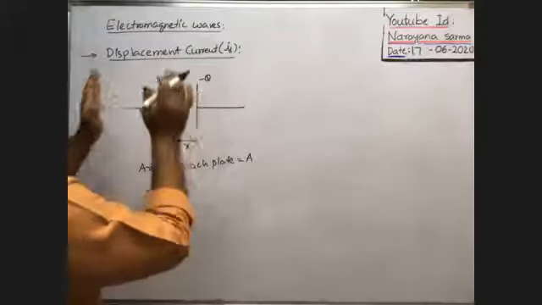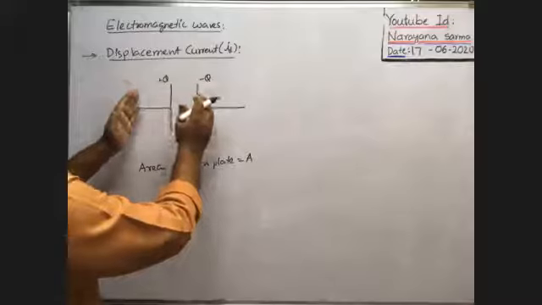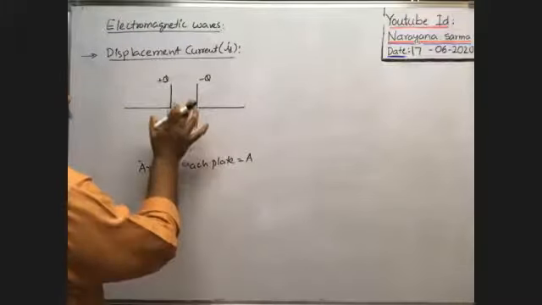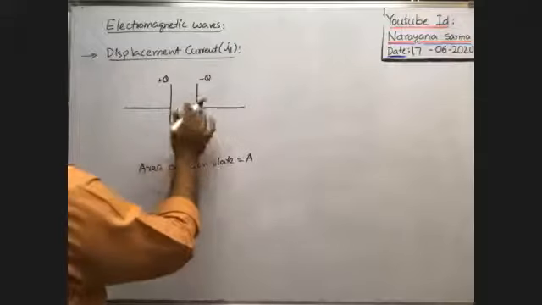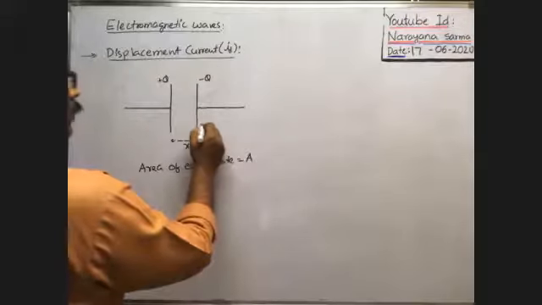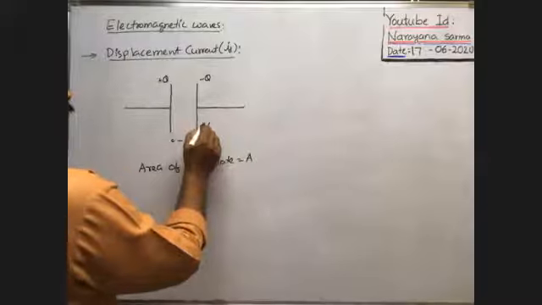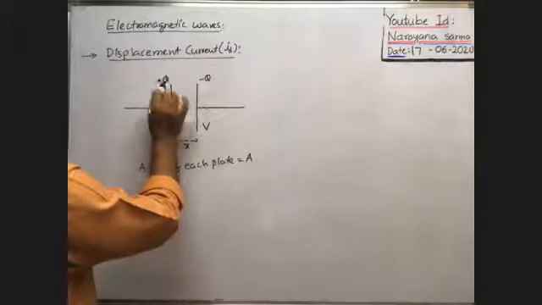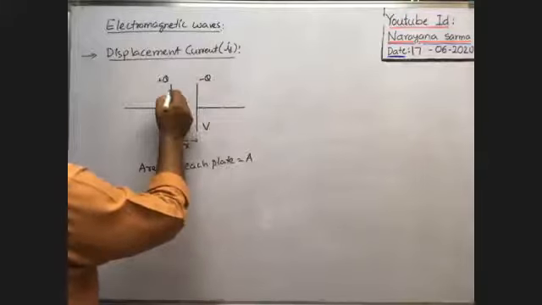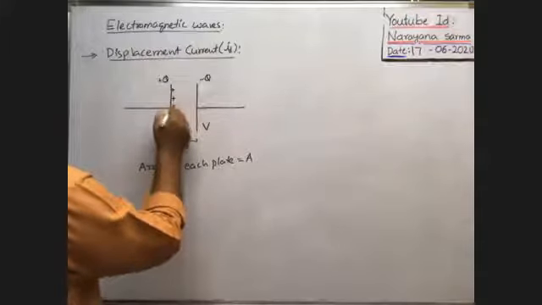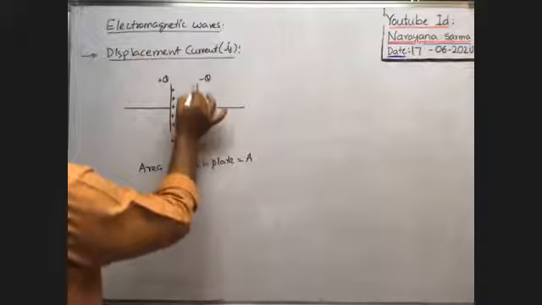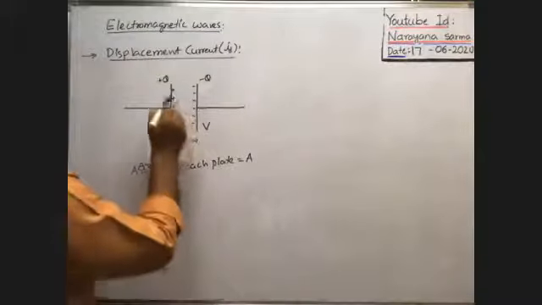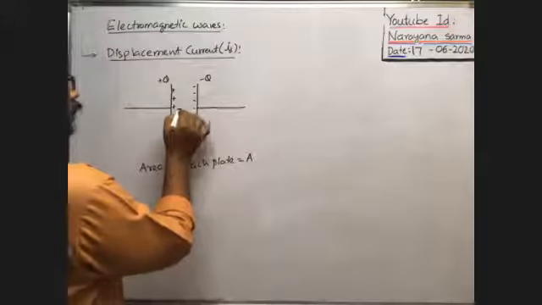Here, whenever the potential difference is applied across this, at a certain instant of time, a variable potential difference is applied. At a certain instant of time, whenever the potential difference across this is say V, at that instant of time the charge stored on one plate of the capacitor is plus Q, on the other plate it is minus Q. So on the left plate, suppose positive charge is developed, on the right plate negative charge is developed, like this. Then in between the two plates of the capacitor, an electric field is developed.